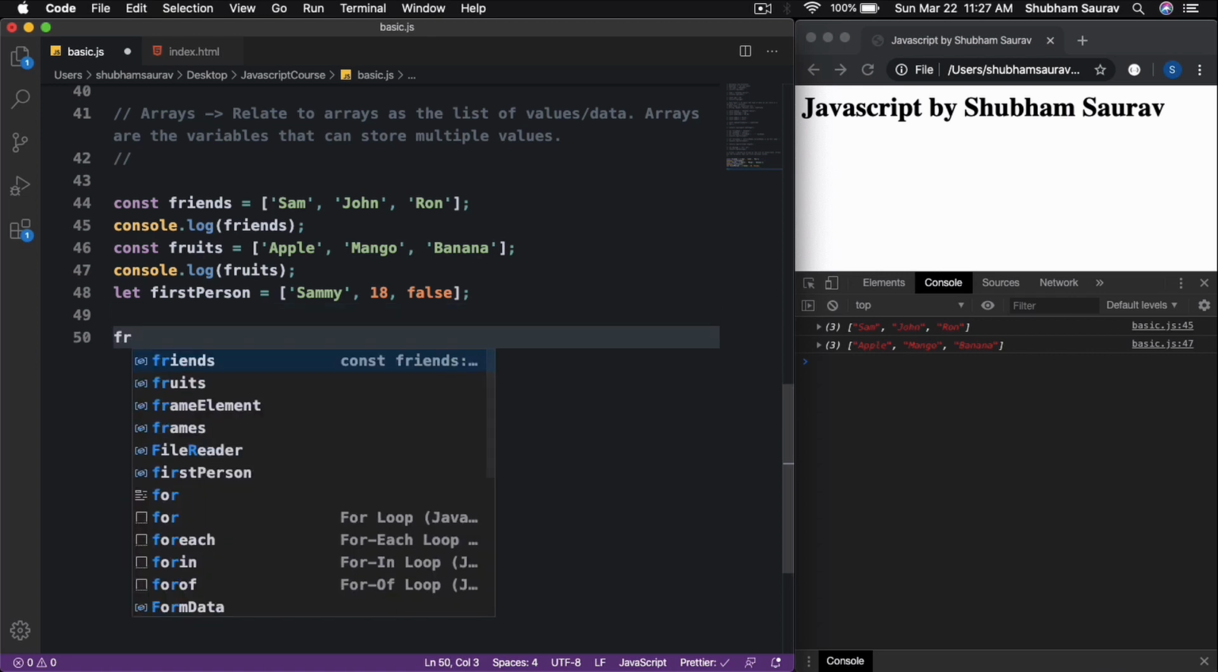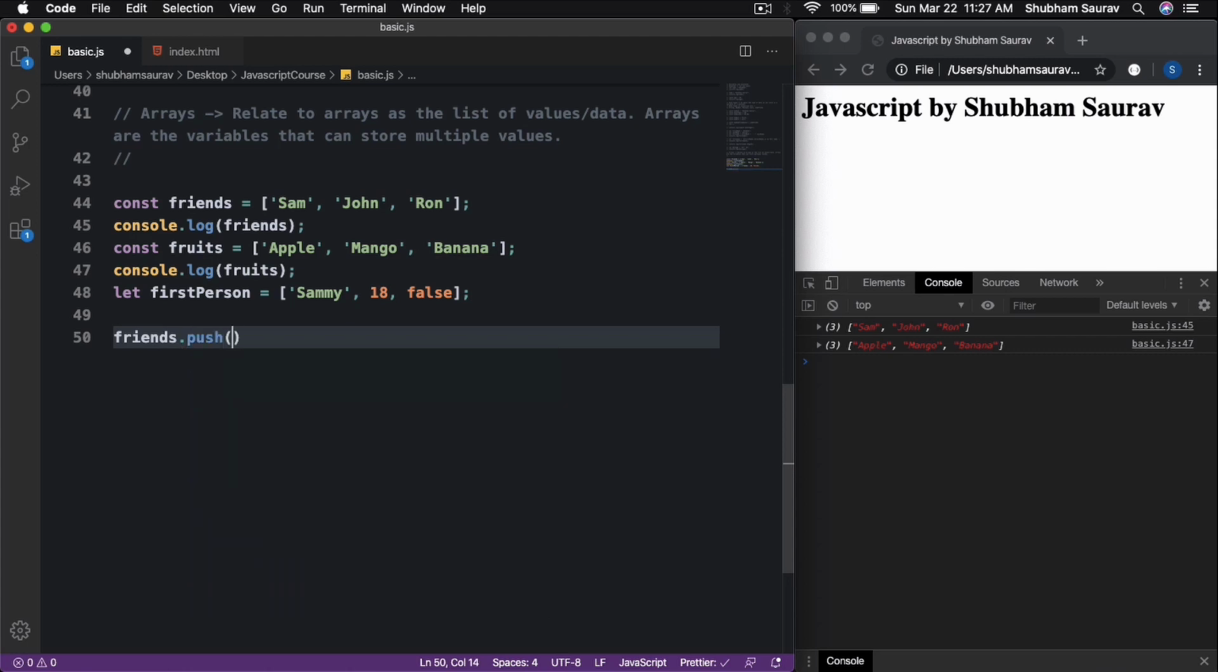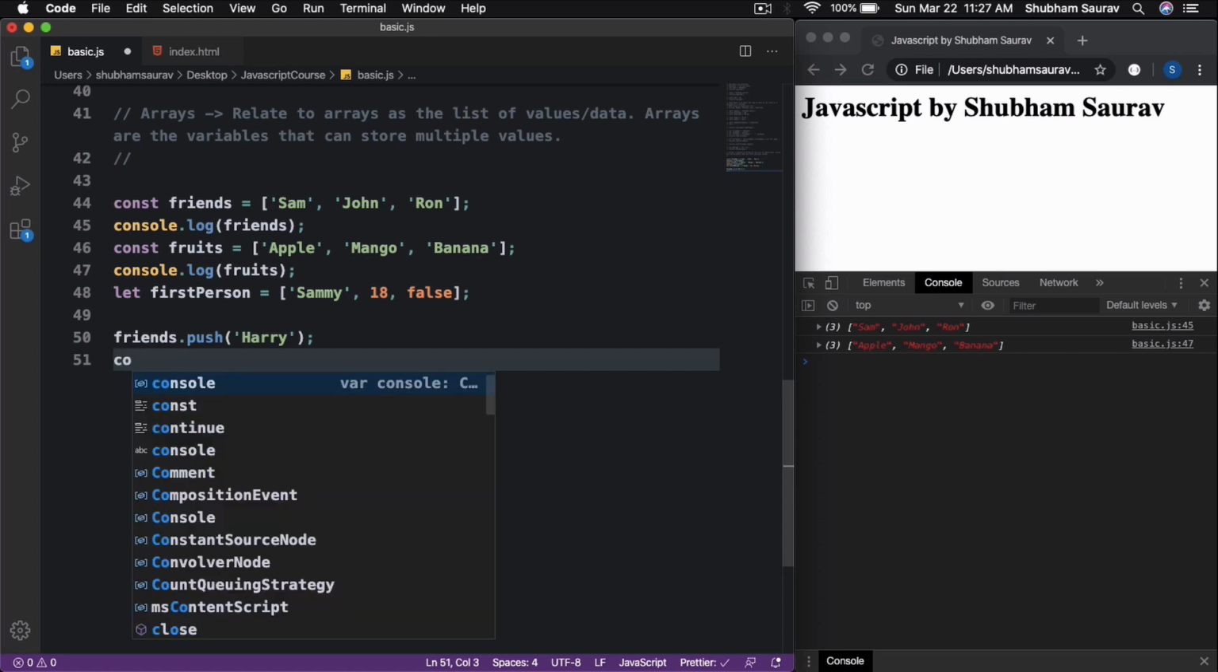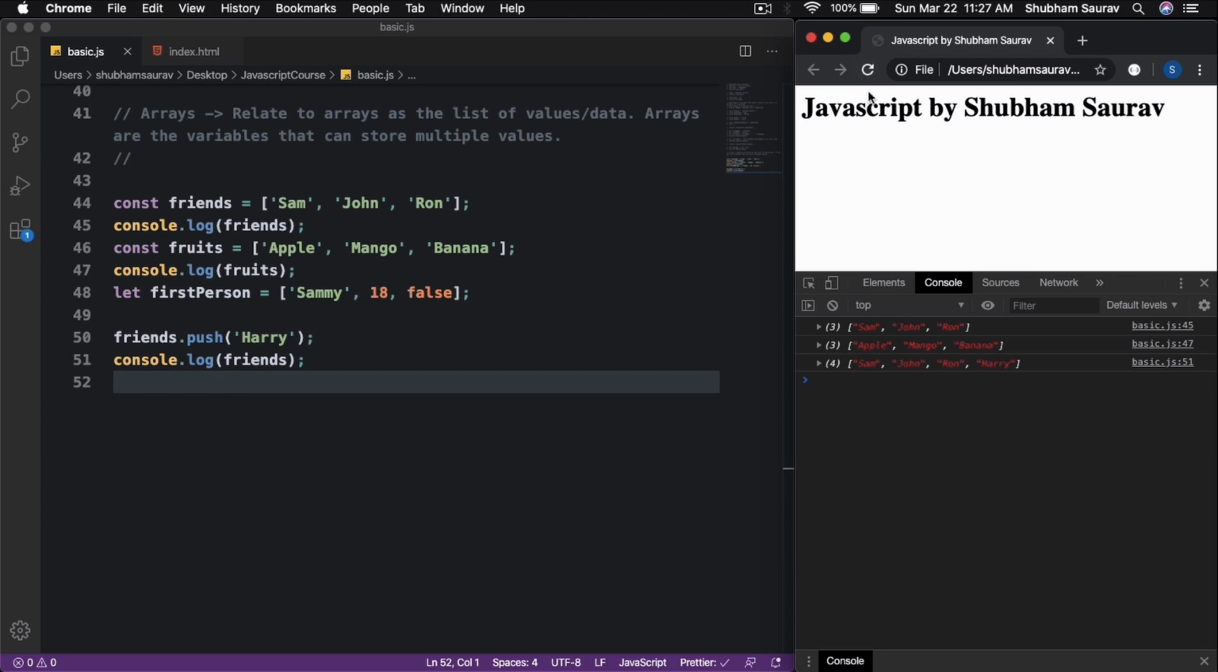So you can call friends dot, and you can say push, and push is a method, so we'll need the parenthesis, and inside of that you can type the name of your new friend. So my new friend is Harry, and then I will console log this, so console.log, and you will see that we have added a new friend to our list. So let's just put the semicolon there and just refresh this page, and you will see that we have added